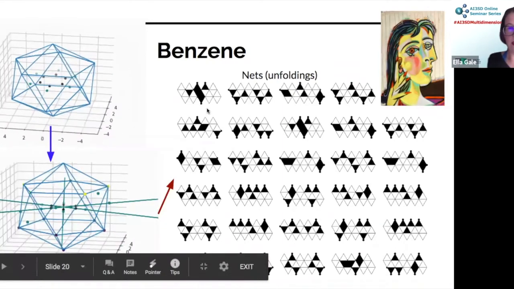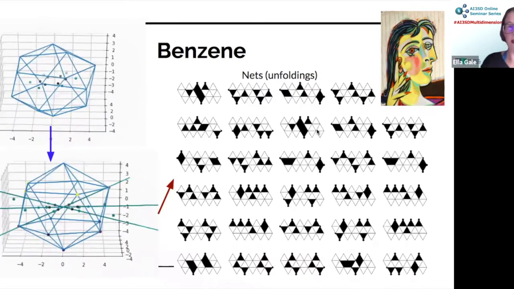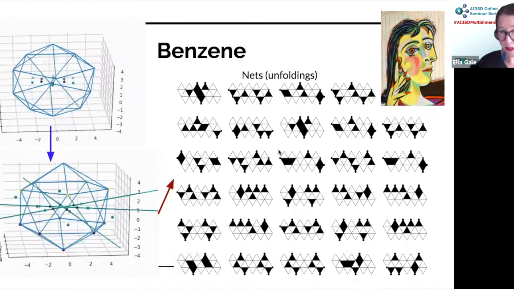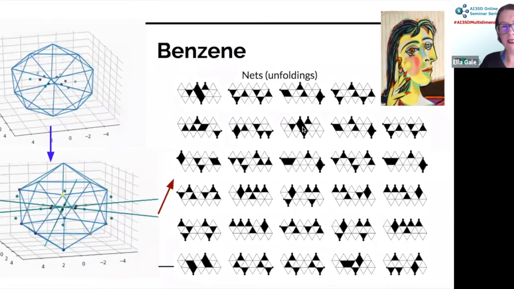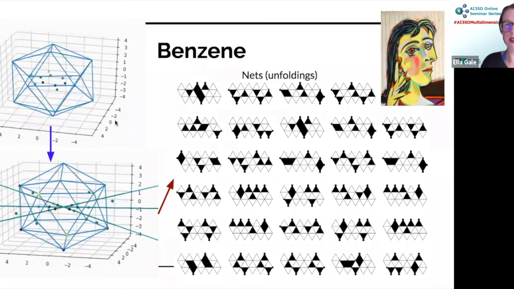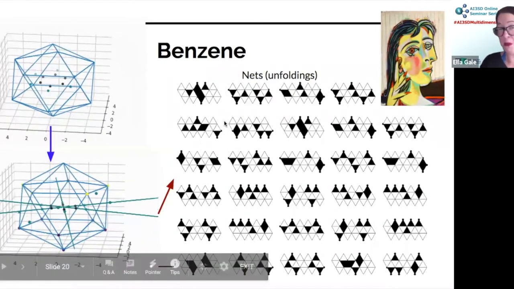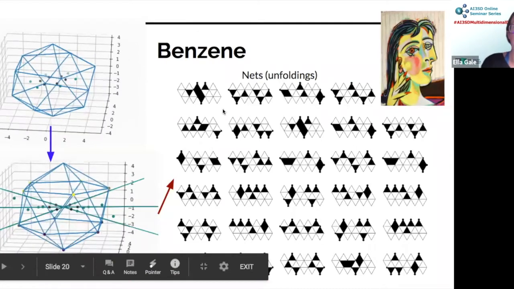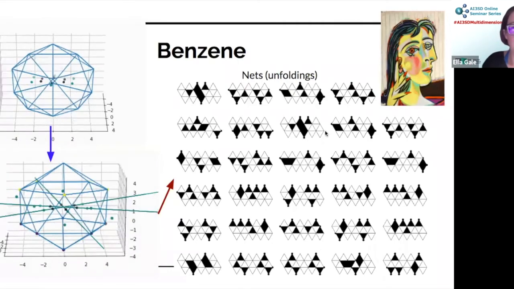Now, the interesting thing about this is you can see some repeated patterns, which we do expect, given that benzene has a high degree of symmetry. Now, I'll be honest, there's going to be some fascinating work for me to do here on how the symmetry of the molecule relates to the symmetry of the icosahedron, so you could predict the nets. But at this point, we don't really need to know exactly how it works because we can actually just make these nets and put them into a neural network.